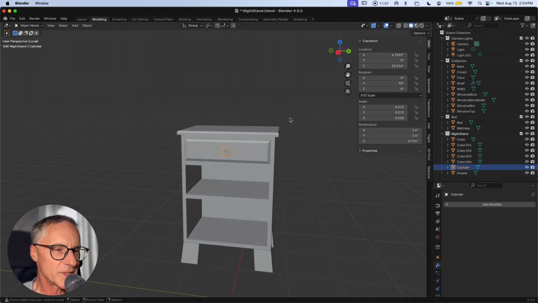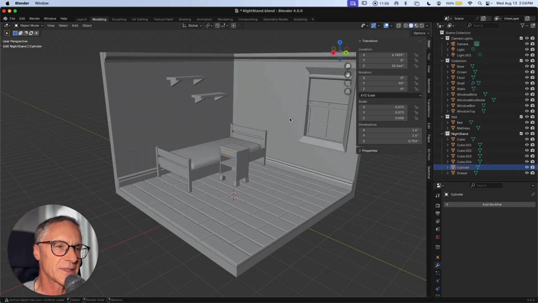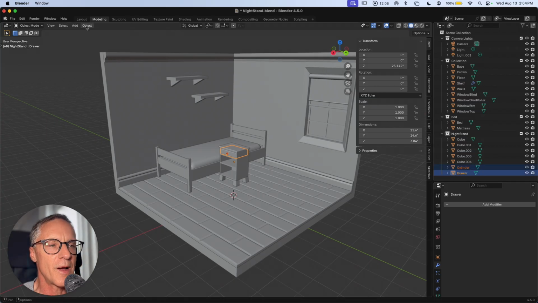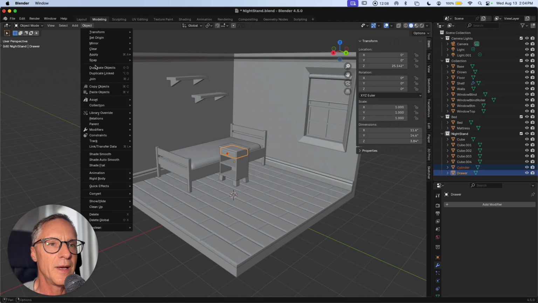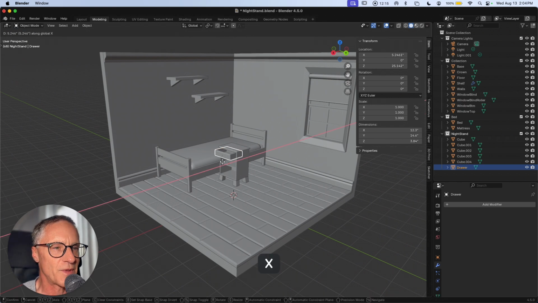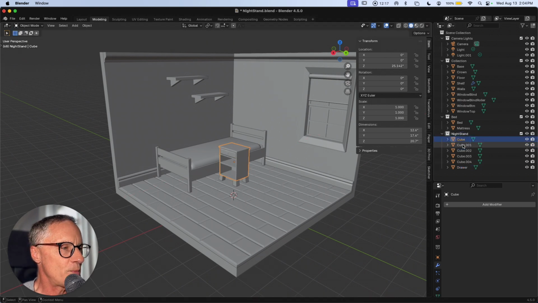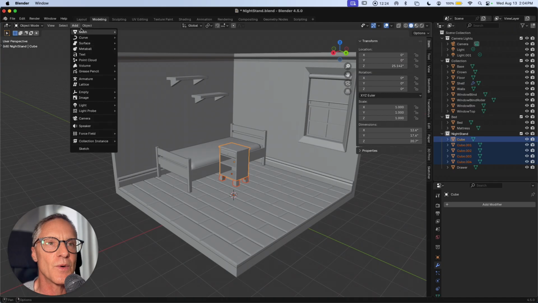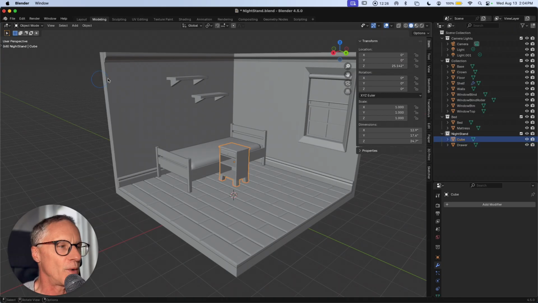So I'll bring back the rest of the room, see how this looks. So a couple things I'm going to do here. So I'm going to connect this drawer. So select the drawer and the handle and join. So now if I move this drawer, grab X, it moves with the handle. And then I'm going to group all the other stuff together, except the drawer, in case you want to animate the drawer in a scene or something. So object, join, and this will be